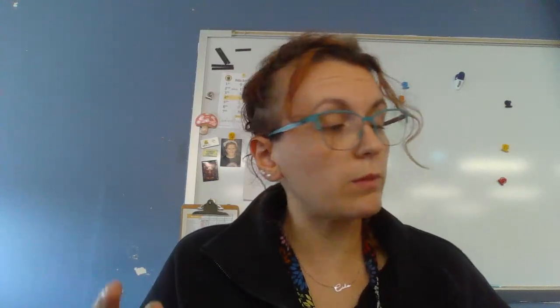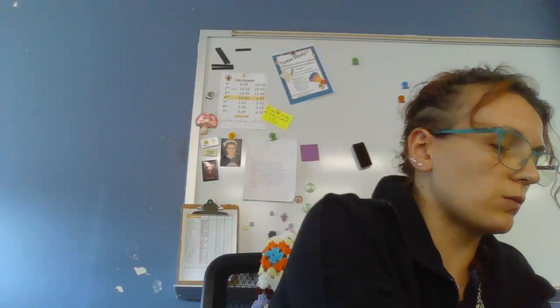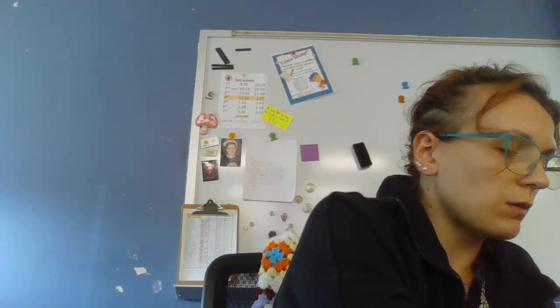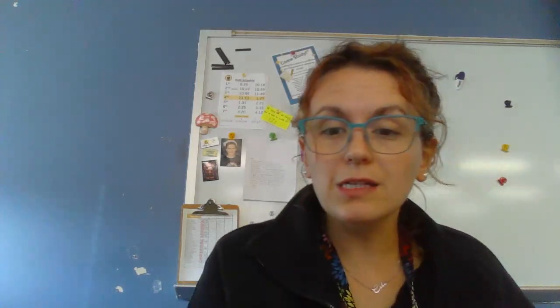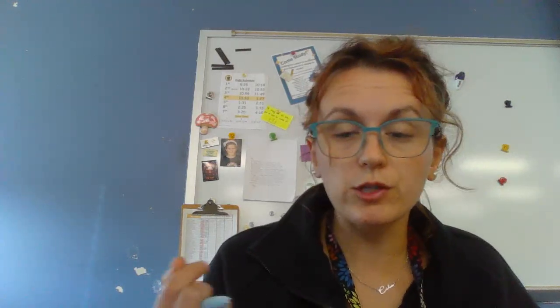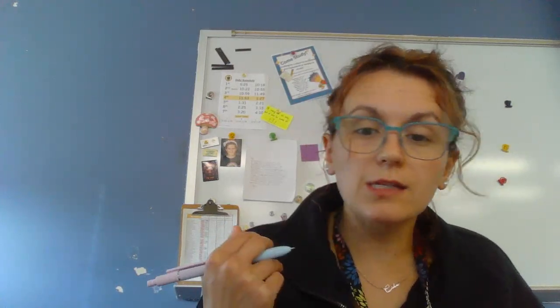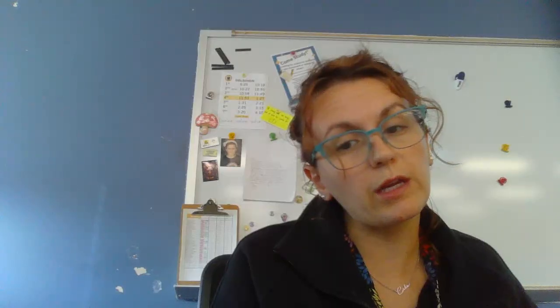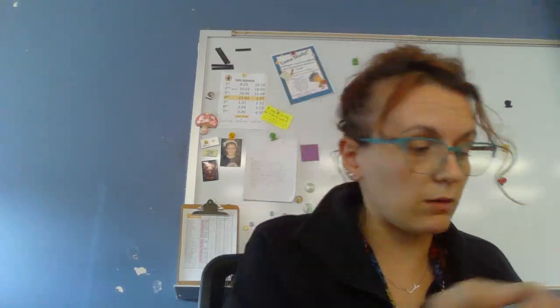Okay? Now, it's really important for us to remember what the units for the other ones are. Our units for mass are always going to be kilograms. So let's write that down again so we remember. Mass is always going to be kilograms, and velocity is always going to be meters per second, okay? Velocity is not like speed where it can be kilometers per second. It's going to be meters per second.